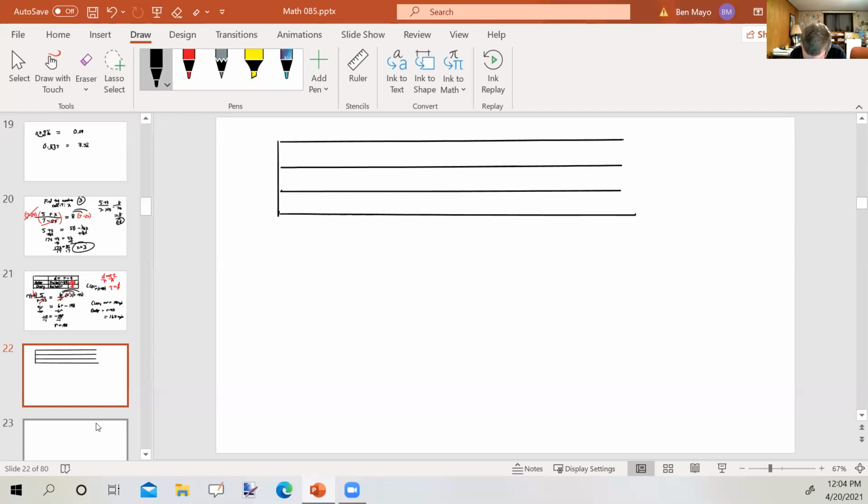And let's see here. All right, so distance equals rate times time, or D equals RT. Okay. All right, now